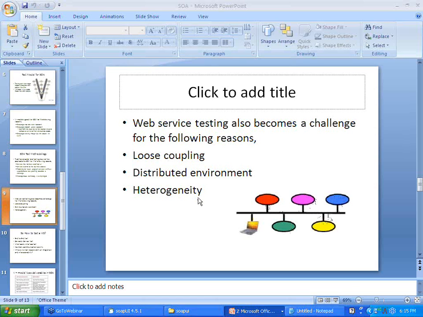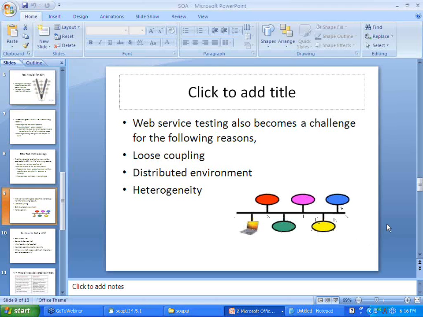I can have a web service working at my place, and another web service at my client place which will interact with my web service. They are distributed across a large environment. And like I pointed out earlier, each web service can be developed in a different language and platform, and coming up with a common test methodology for all of them is a very big challenge.